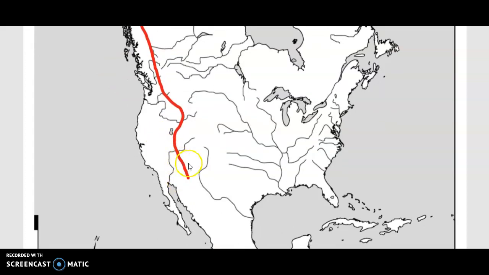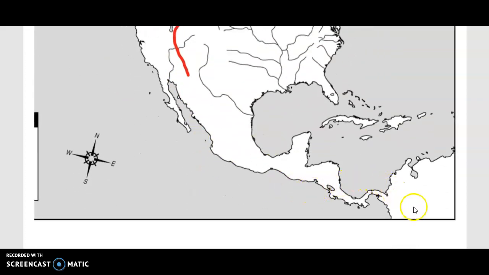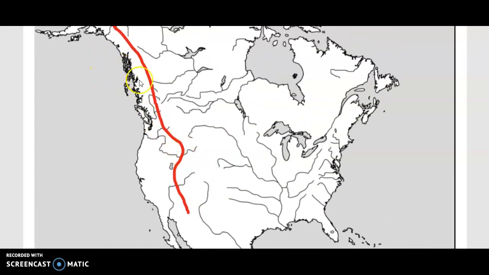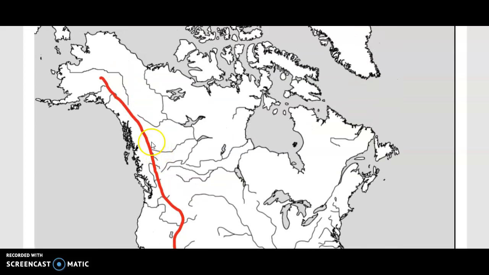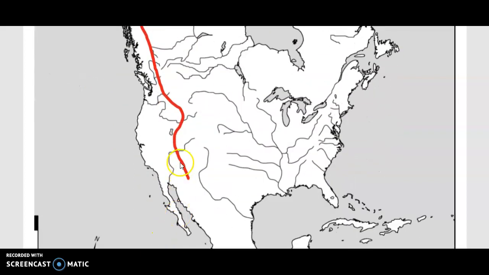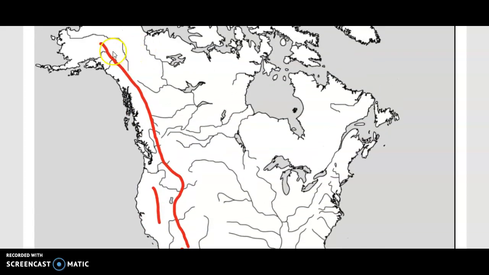Now these Western Cordilleras also have their continuation in the south, that is in South America. Here they are known as Andes, but in North America they are called Western Cordilleras. What are they called? Western Cordilleras. Cordilleras here means mountains. It has a couple of mountain ranges. The highest one and the longest one is Rockies. You have Colorado Range. Apart from this, you have Sierra Nevada and Sierra Madre. Sierra Nevada lies here and Sierra Madre follows it, right?